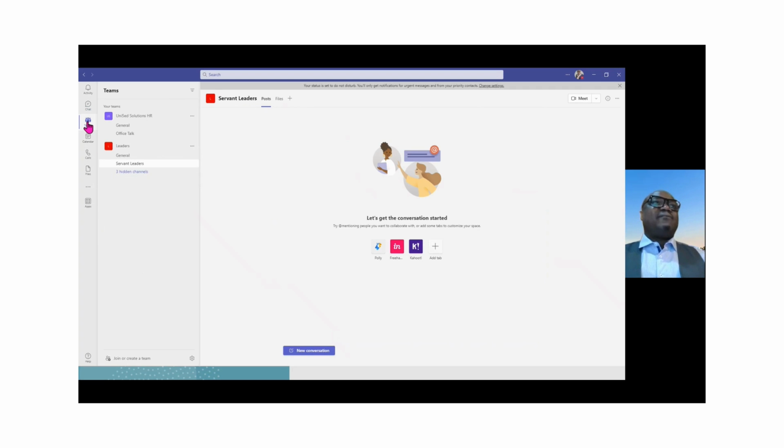Also below chat, we have Teams and channels. Teams is where all our collaboration takes place. For every team that you create, there must be at least a general channel that comes along with it by default. If you create a team, you can see this Unified Solutions HR team.